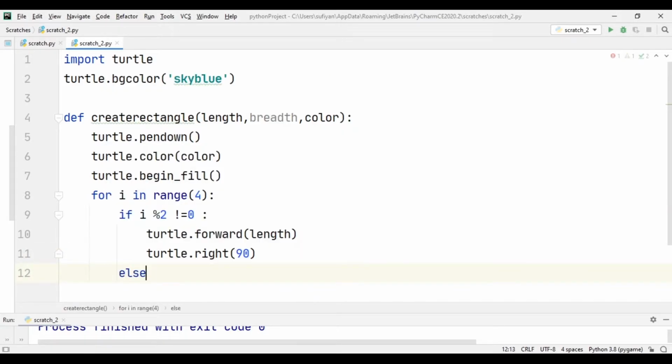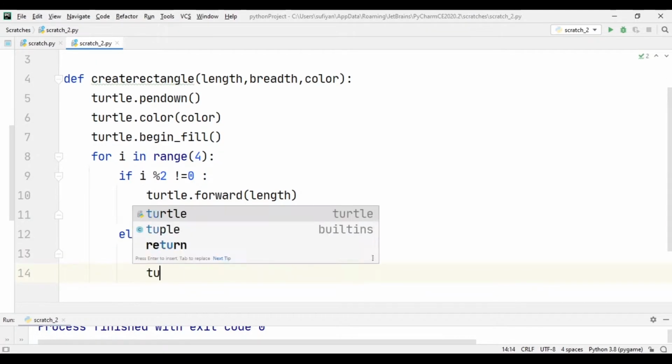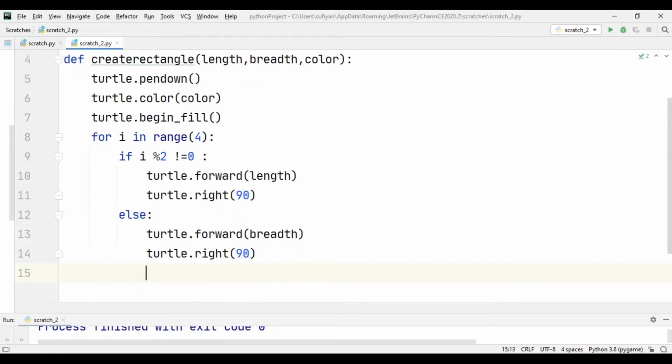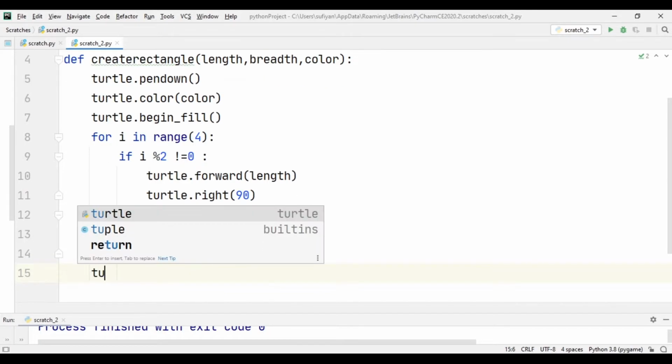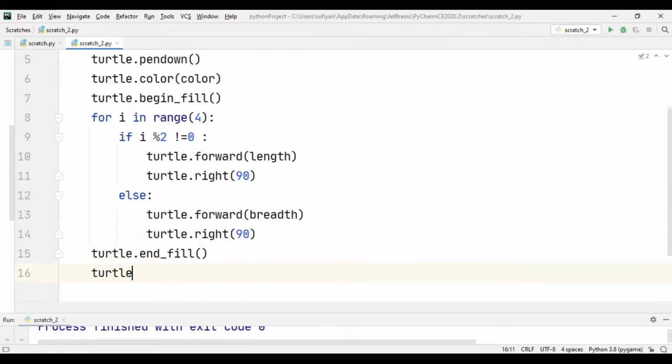Else condition would be turtle.forward equal to the breadth of the rectangle and turtle.right 90 degree. In the end, we will write turtle.endFill and turtle.penUp.